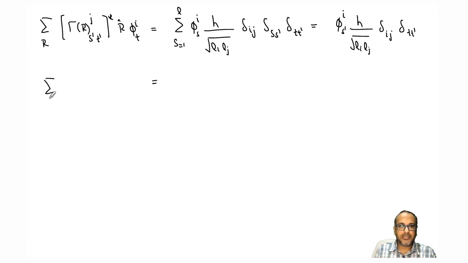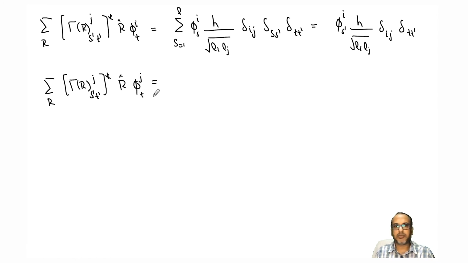So now this is summation over all r, tau r s prime t prime j star r, phi t j, because my i is equal to j now, and I can say phi s prime j h over,